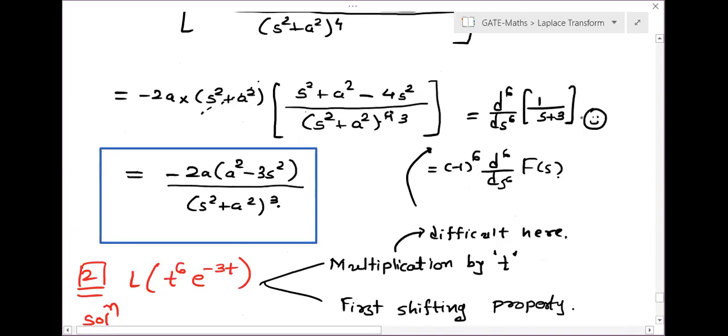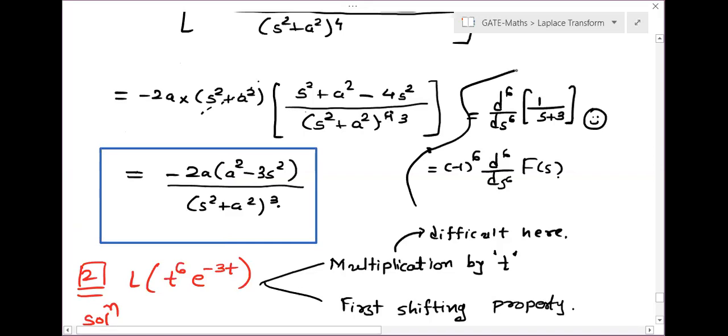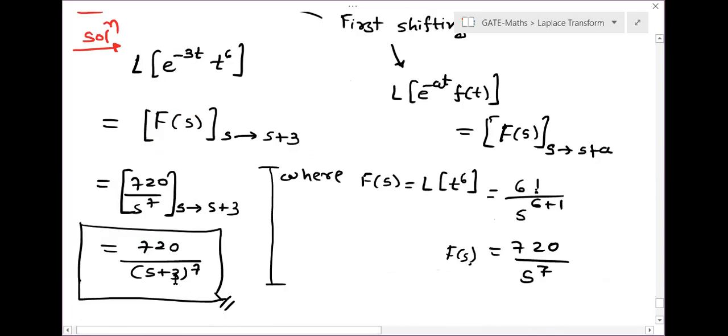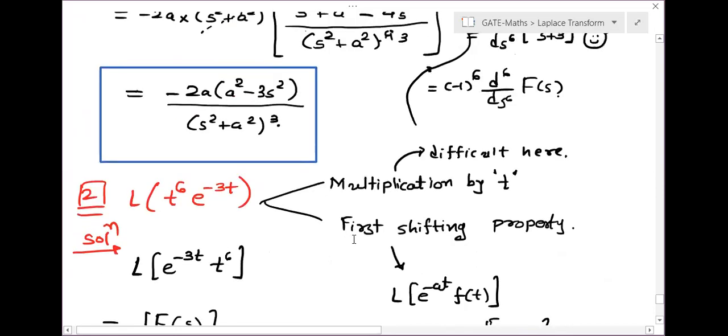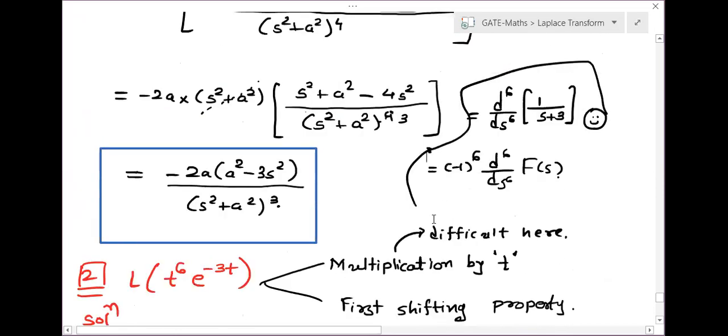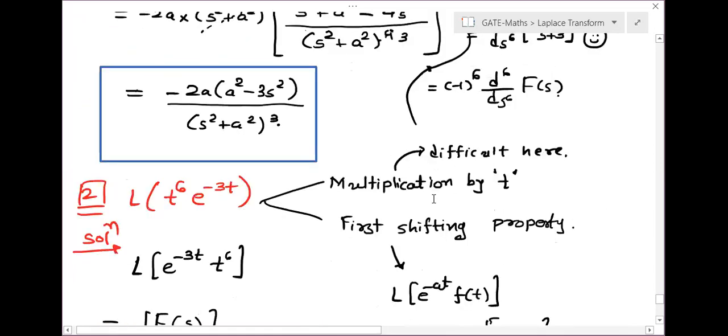Now you have to find the 6th differential of 1 upon s plus 3. Right, isn't it difficult? Step by step you will have to find it: first the first differential, then the second differential, then the third, then up to the sixth differential. Definitely we'll get the same answer only, 720 by s plus 3 whole to the power 7. But it is a cumbersome and time-taking process. So in this chapter, first identification of the property is important, that which property you should apply over here. Shall we move to the next question? Question number 3. Or should I repeat this?